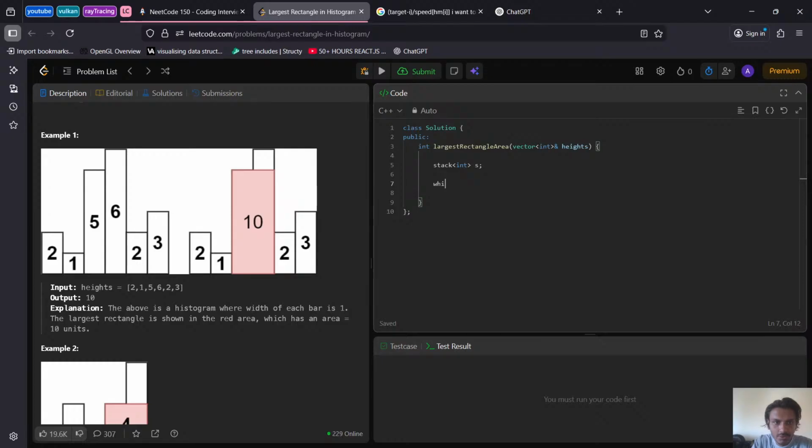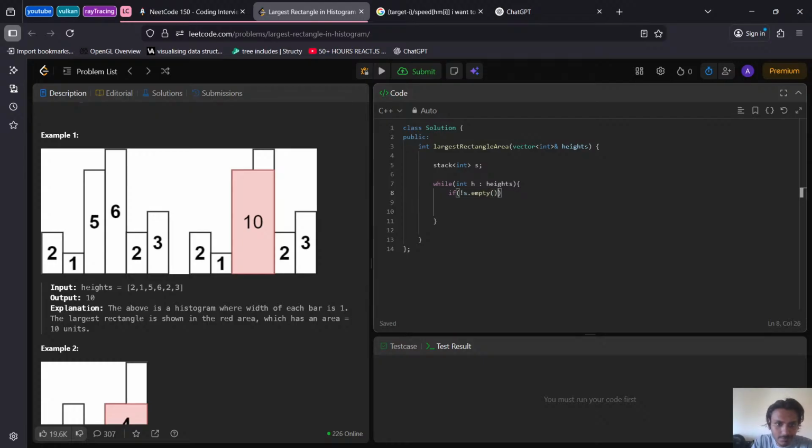Okay, so while int x in the heights, simply what we do is check if the stack is not empty,